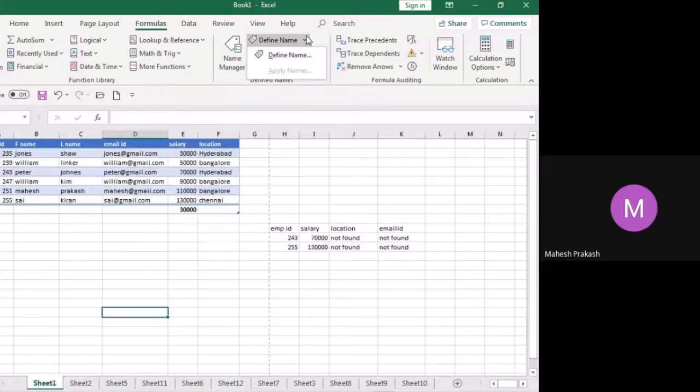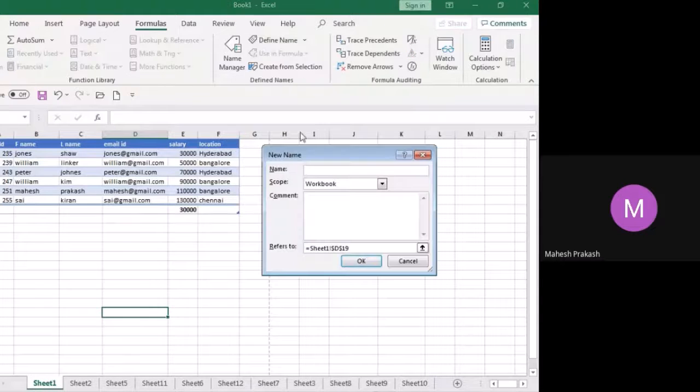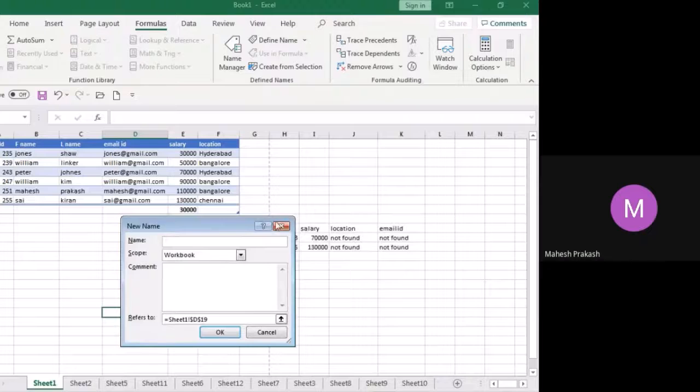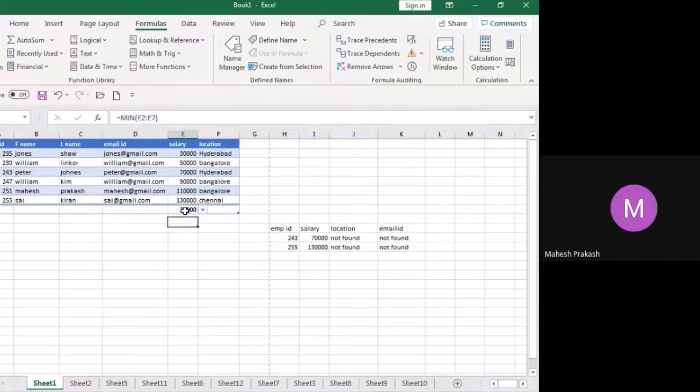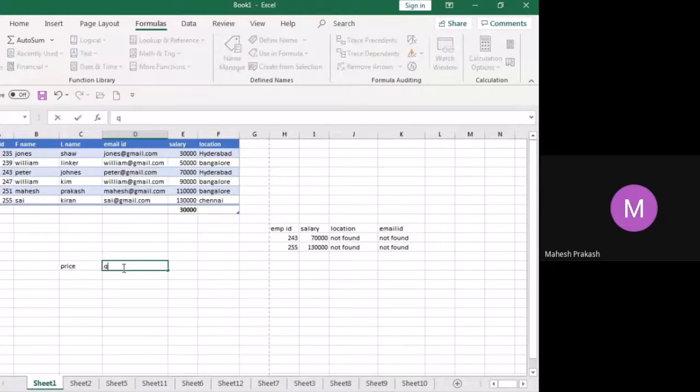Define name means you can already have names for your table. See here, this is your total, price, and this is quantity.